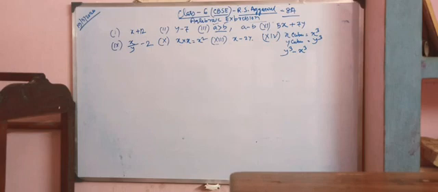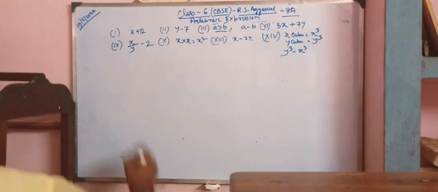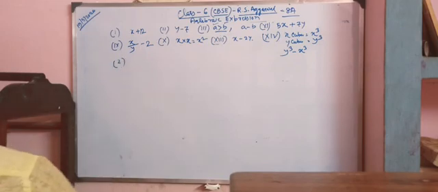Ranjit scored 80 marks in English and x marks in Hindi. What is his total marks in the two subjects? Question number 2. I will give you the hint only. The total marks would be what? 80 is in English and x is the Hindi. So we have to make the total of x and 80. Okay, you will get the answer.